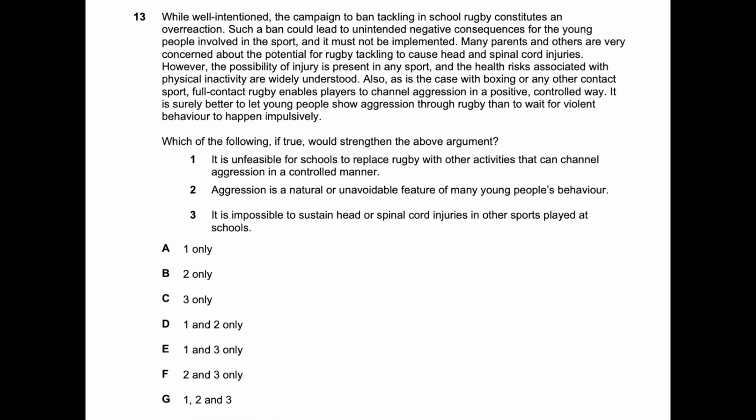While well-intentioned, the campaign to ban tackling in school rugby constitutes an overreaction. Such a ban could lead to unintended negative consequences for the young people involved in the sport, and it must not be implemented. Many parents and others are very concerned about the potential for rugby tackling to cause head and